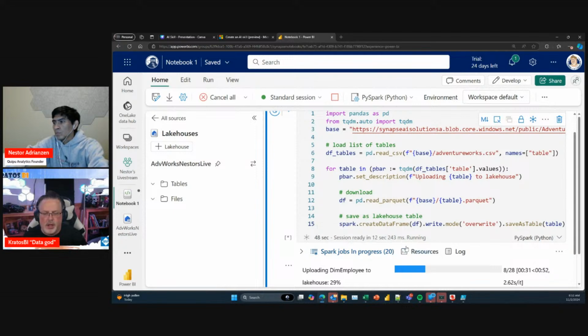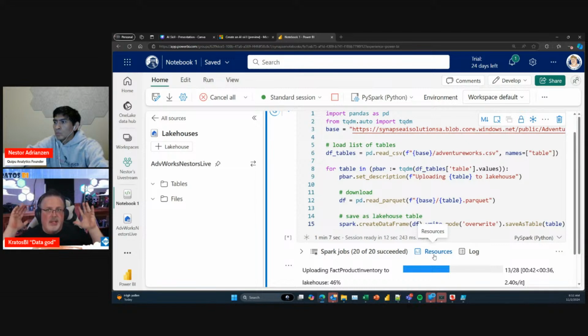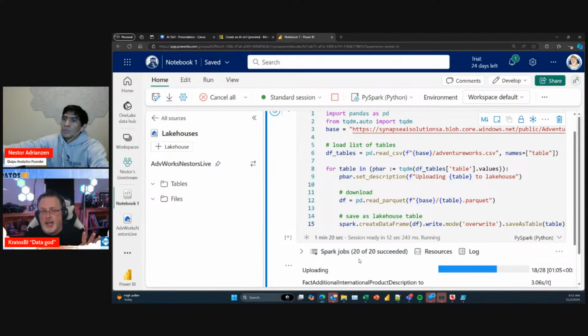It's loading all of these files, and you can see that it's cycling through the load of these files. Notice how quickly Microsoft Fabric is running and processing these things. This is not unusual. It is very common for Microsoft Fabric to just give you this blazing fast experience, be able to just churn through and pull this information together. Okay. As this is starting to happen, there's kind of two things that actually happen.